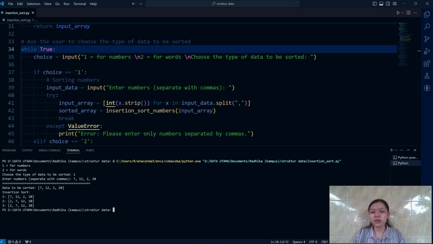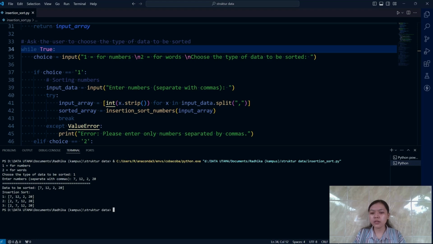Here we are shown the result of sorting these numbers. For the first iteration, the 12 is already in the correct position because 7 is smaller than 12. In the second iteration, 2 is inserted at the beginning because 2 is smaller than 12 and 7.